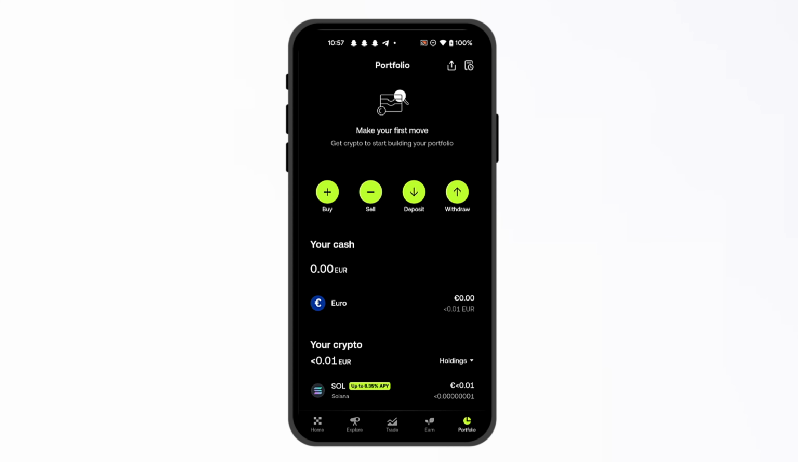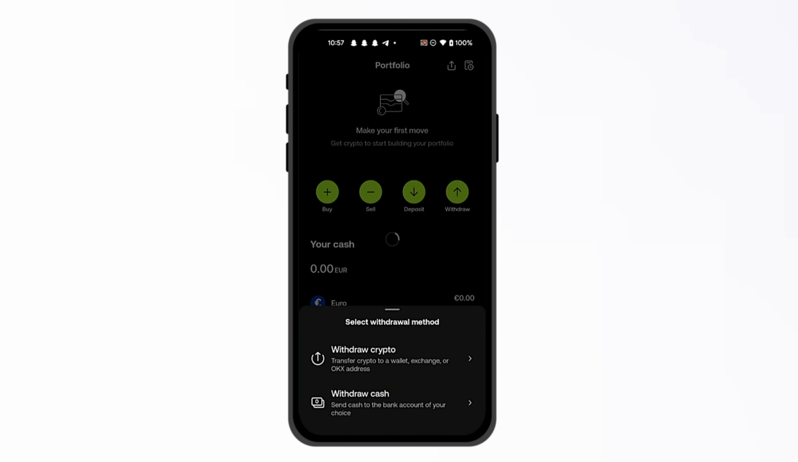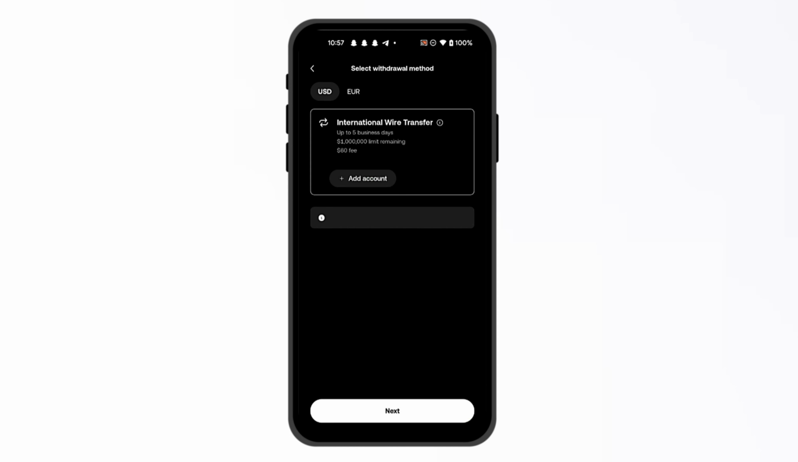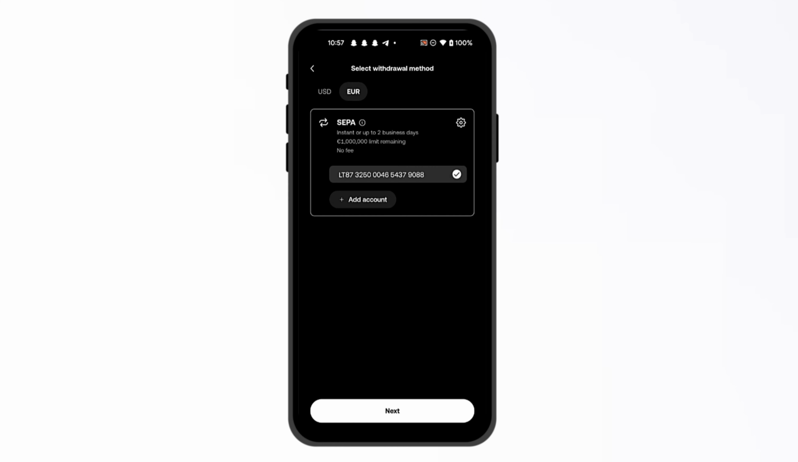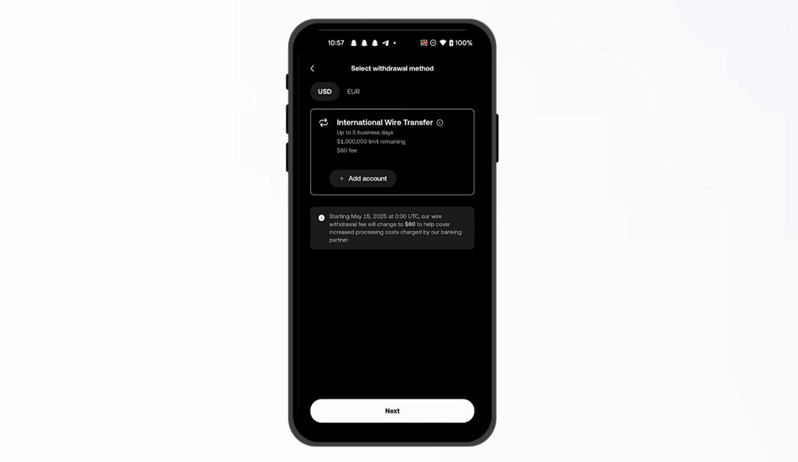simply click on withdraw, and then from here it will give you two options to either withdraw crypto or withdraw cash. And since you have sold your cryptocurrencies already, simply click on withdraw cash, and then it will show up with this page where you have to connect your bank account to an international wire transfer, either in USD or in euros. And then from here, all you have to do is simply click on the add account, and then